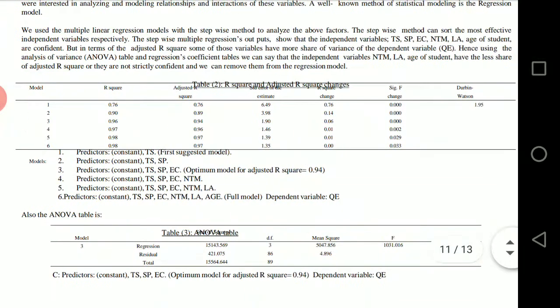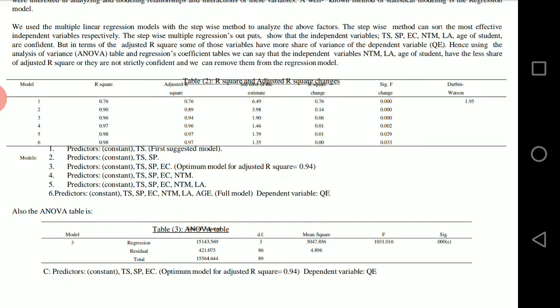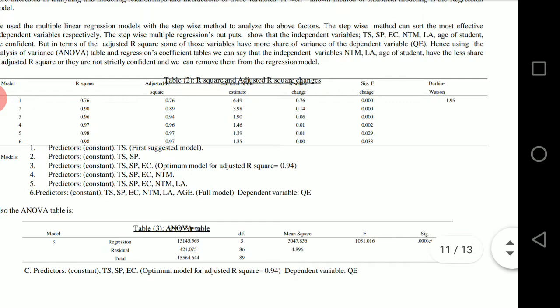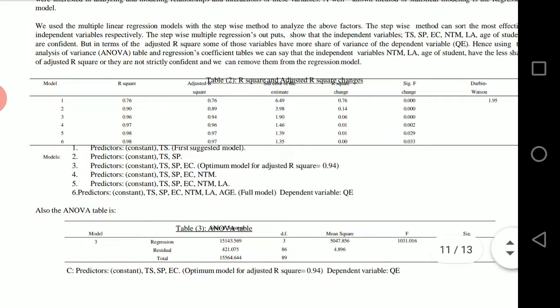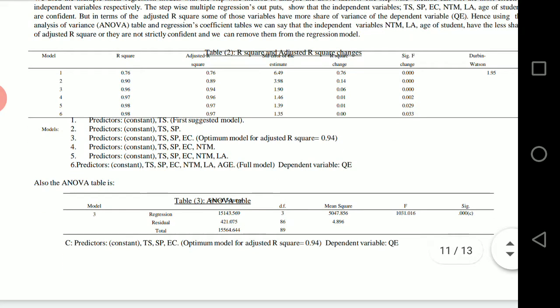Hence, using the analysis of variance ANOVA table and the regression coefficients table, we can say that the independent variables NTM, LA, and age of student have less share of adjusted R square, or they are not strictly significant, and we can remove them from the regression model. The table is an ANOVA table.